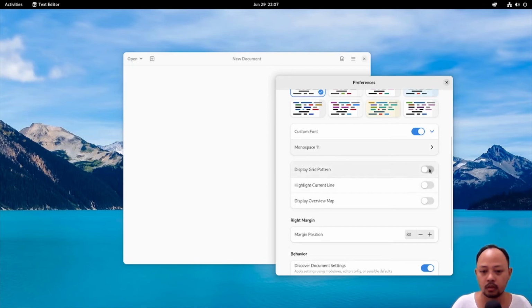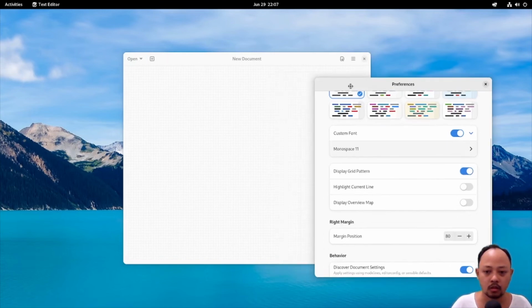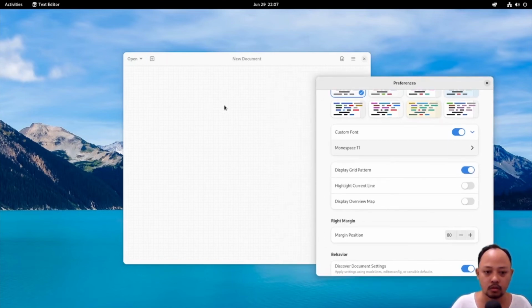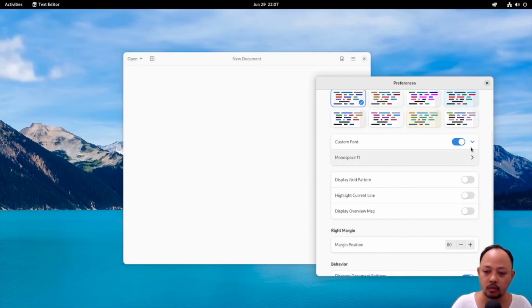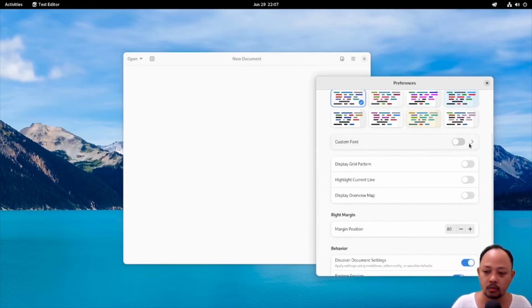Display grid pattern, what is it? Okay, so there's something like boxes, highlight current line. Okay, so I think it's very nice. Display overview map.